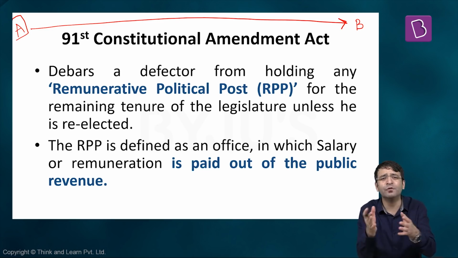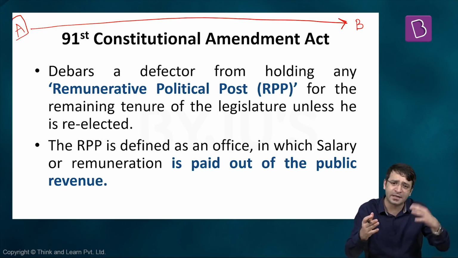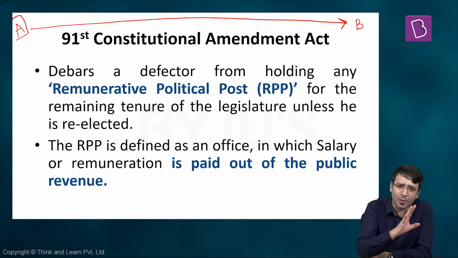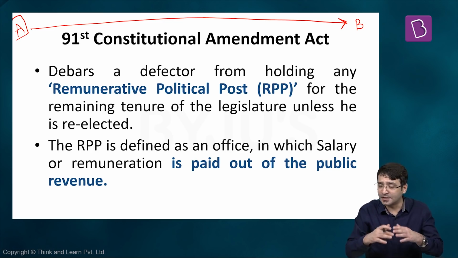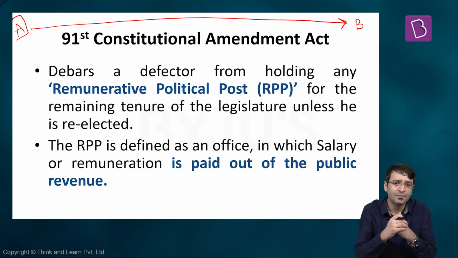Within 6 months, you will be re-elected on my party ticket to the Lok Sabha. That means don't worry. If you are resigning from your political party, which means you are disqualified, even if you are disqualified, we will make you a minister. If not minister, we will make you head of a public sector undertaking. We will make you head of a statutory organization. And Atal Bihari Vajpayee was the Prime Minister.